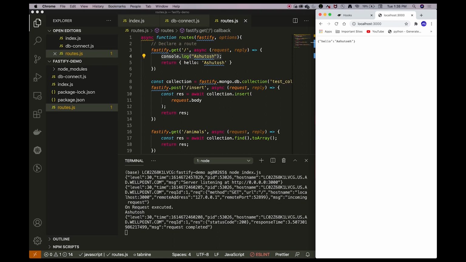Now let us talk about decorators. Decorators allow us to customize Fastify objects, or to store Fastify objects somewhere, so that you don't have to write those objects again and again, and you can reuse the existing stored object instead.